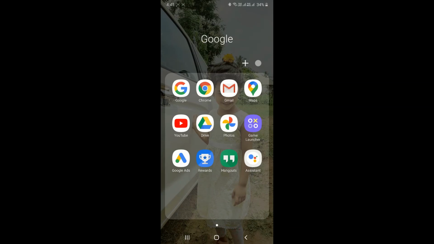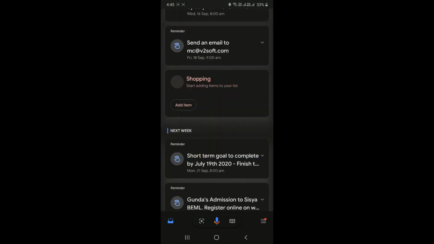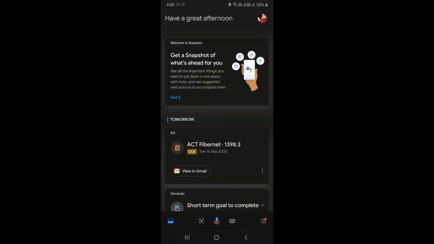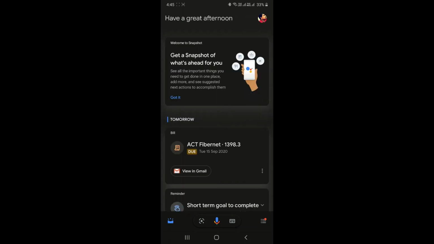Google Ads has a dark mode, YouTube has a dark mode, and what else can we go to? We can go to Assistant. Let's see Assistant. See, Assistant currently is in dark mode. Google Assistant doesn't have a dark mode yet, but after enabling that feature, Google Assistant too has turned into a dark mode.